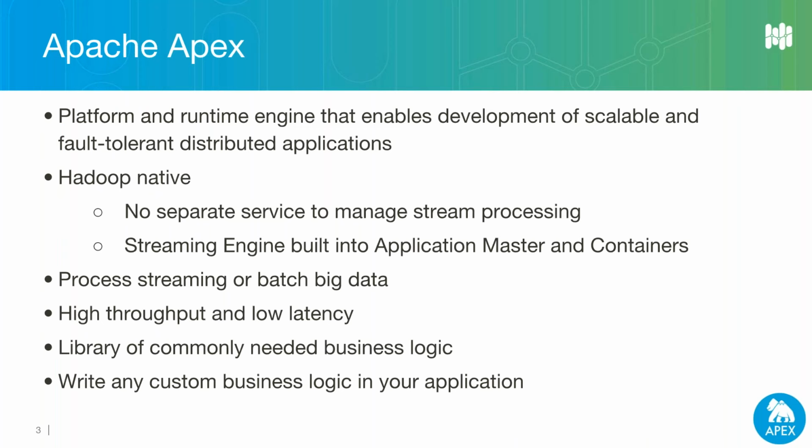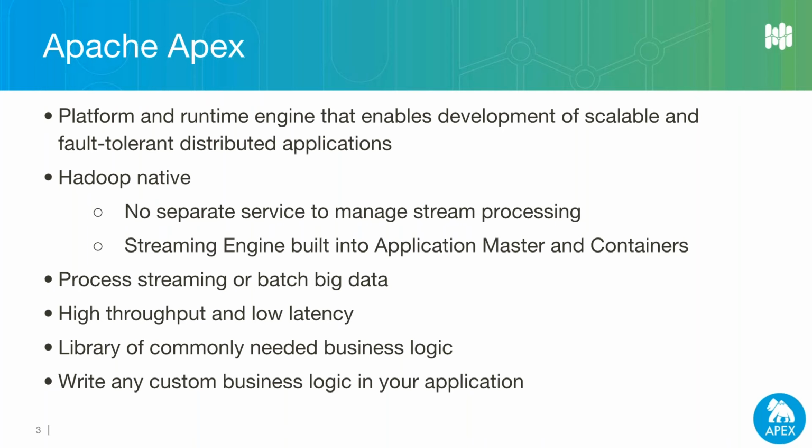So Apache Apex is actually a platform to do real-time processing on big data. It enables you to develop scalable and fault-tolerant applications or products in a distributed environment very easily. The platform is Hadoop native, so when you want to use it, you need to have Hadoop in your system. It can be used for stream as well as batch use cases. The platform promises very low latency. In the field, people have achieved latency of a few milliseconds in production